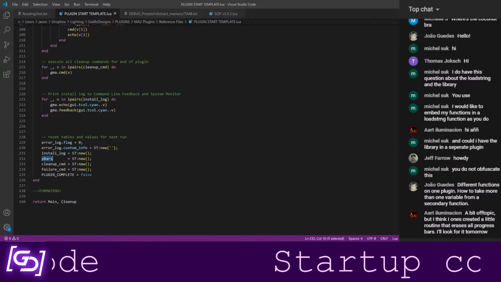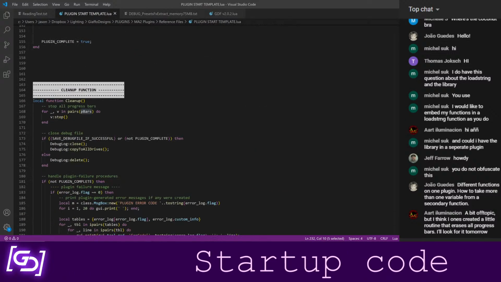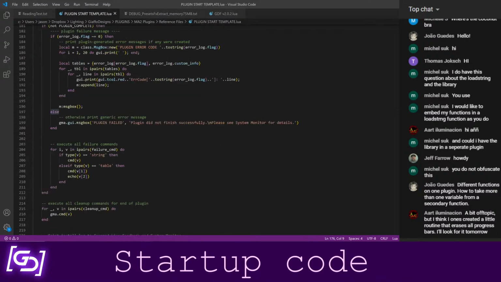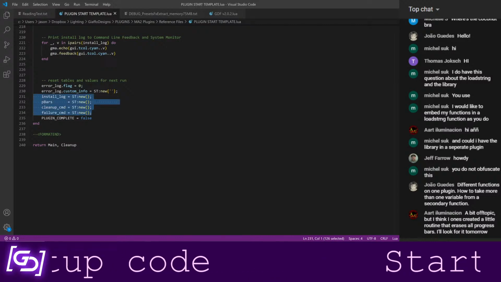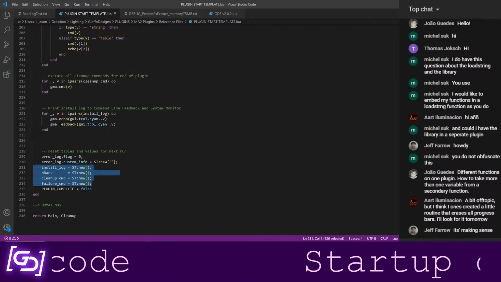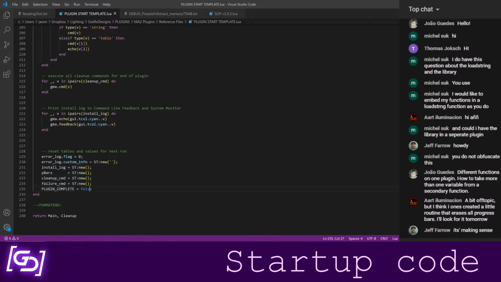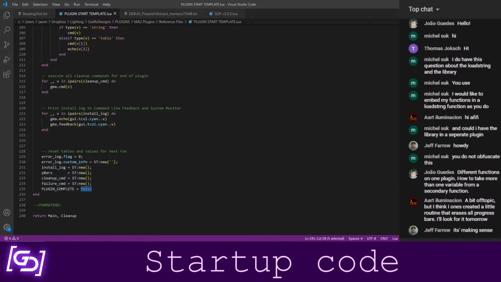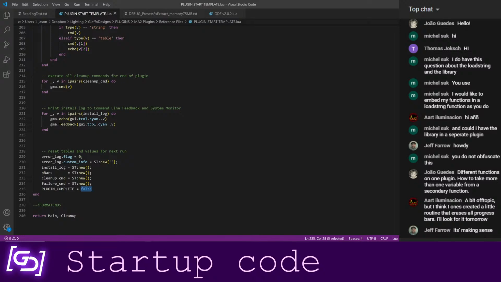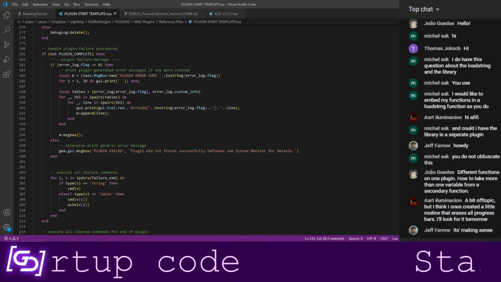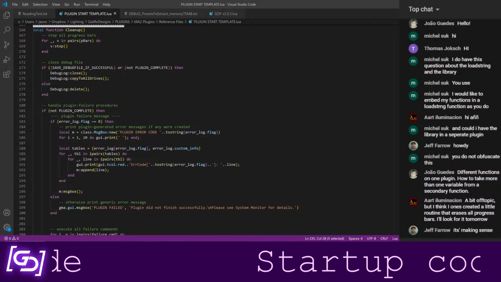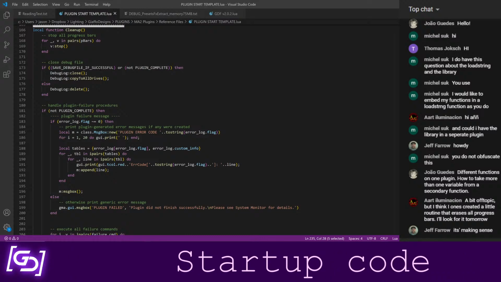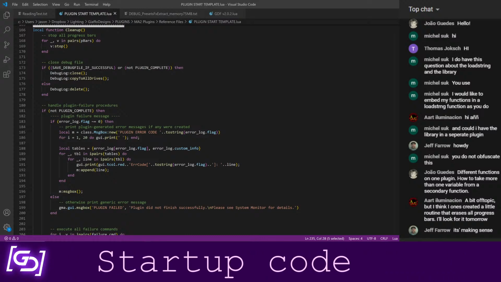So these tables, when I say shared access, is supposed to be accessed by the main and the cleanup function. It handles anything that needs to be reset here, specifically table values, as well as it'll go ahead and reset my plugin complete value to false. And actually, I will come back to explaining that. And yeah, it just handles everything that I want to be reset in between plugin runs, or that I need to be handled if the plugin crashed.